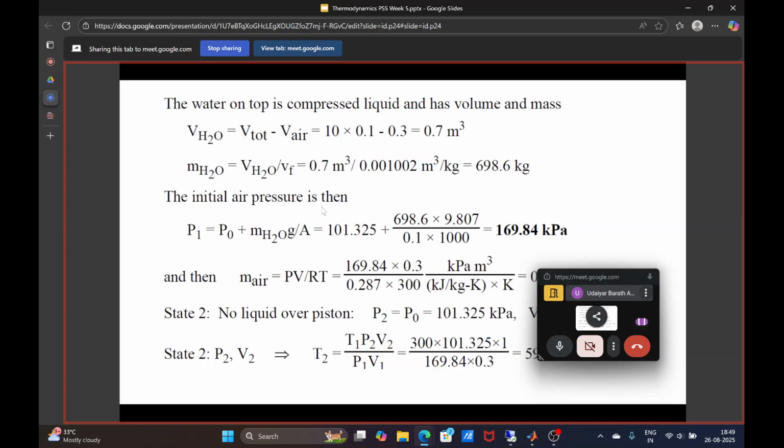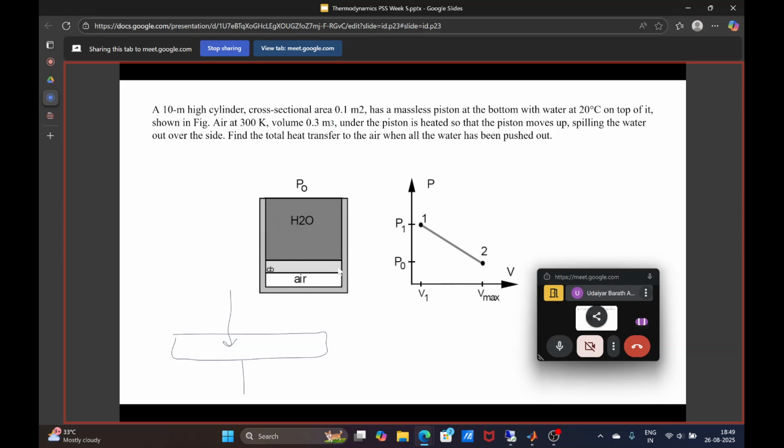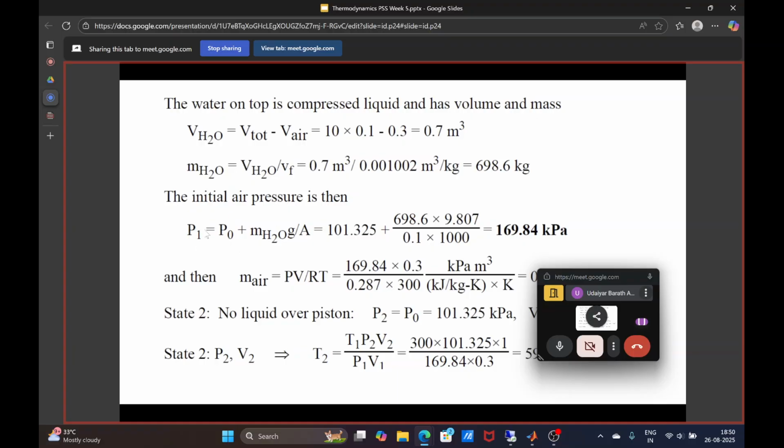So initially it will be at some pressure P0, which is atmospheric pressure. Here P0 is atmospheric pressure. What's happening is, after water is all spilled out, the pressure which is acting is the atmospheric pressure. Now in the first case, when there is no water spillage, the initial condition where the water is filled, the pressure acting on the piston is the atmospheric pressure plus the pressure exerted by the height of the water. So P1 will be P0 plus